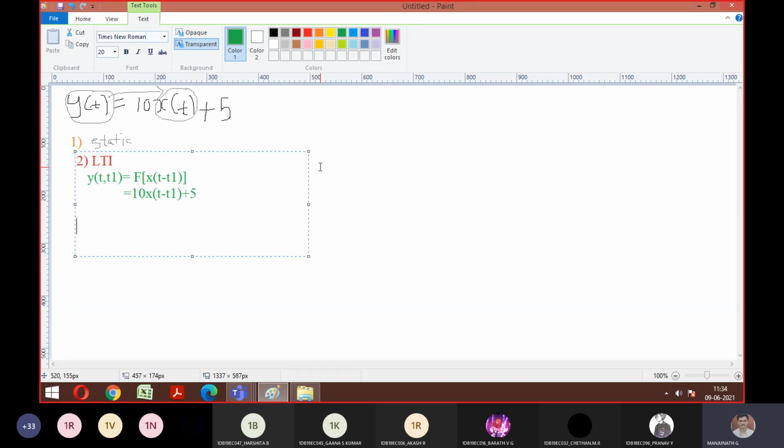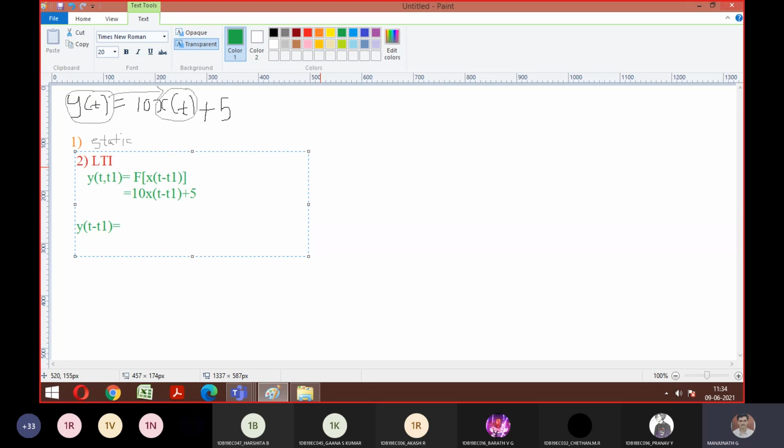So now what is the next step, guys? Now we need to delay what? The output. Good. So you're supposed to delay the output. Delaying the input is step number 1. Delaying the output is step number 2. Step number 3 is you have to compare, and check if it is equal or not. Okay, so let's move on. y of t minus t1. I am giving delay with respect to my output now. So what is the formula, guys? Wherever t is there, I need to replace it with t minus t1.